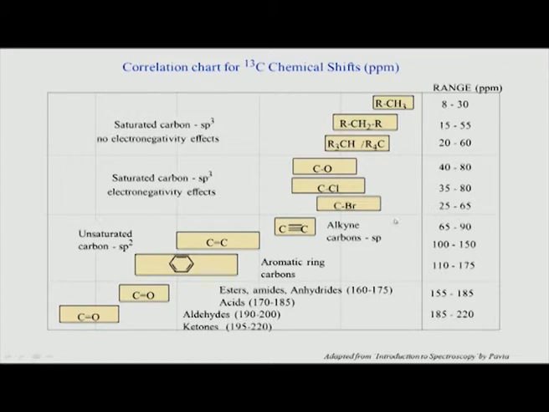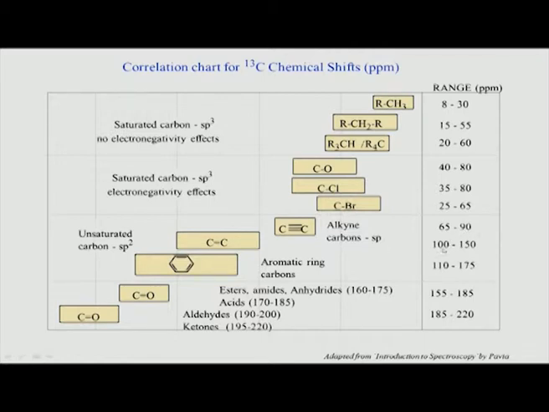Now, if you come to the next zone, the alkyne carbons typically come here. There is another set of peaks: carbohydrates like glucose and maltose will also come in this zone. And after 90 ppm there is a gap. There is typically a region where you will not get any peak in NMR, and that is 90 to 100, a little bit 105. So, there is about a 20 ppm range where typically you do not see any peak.